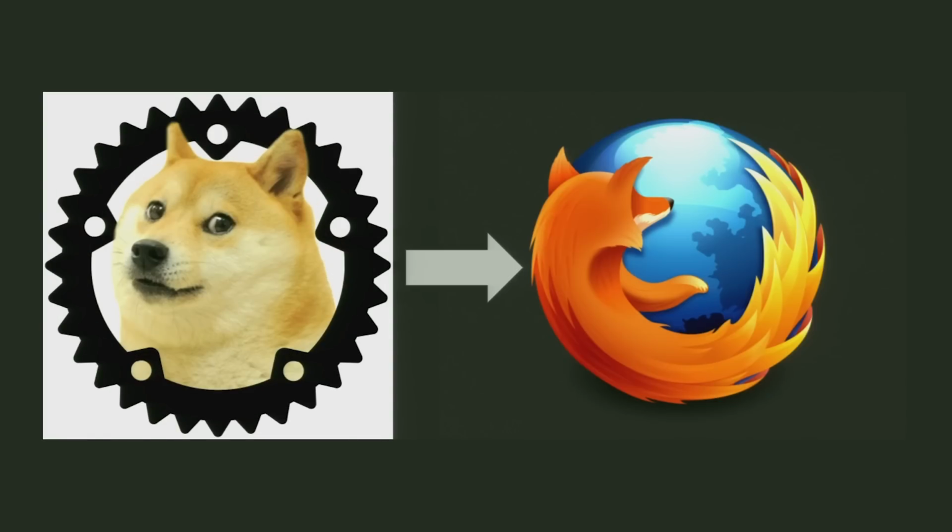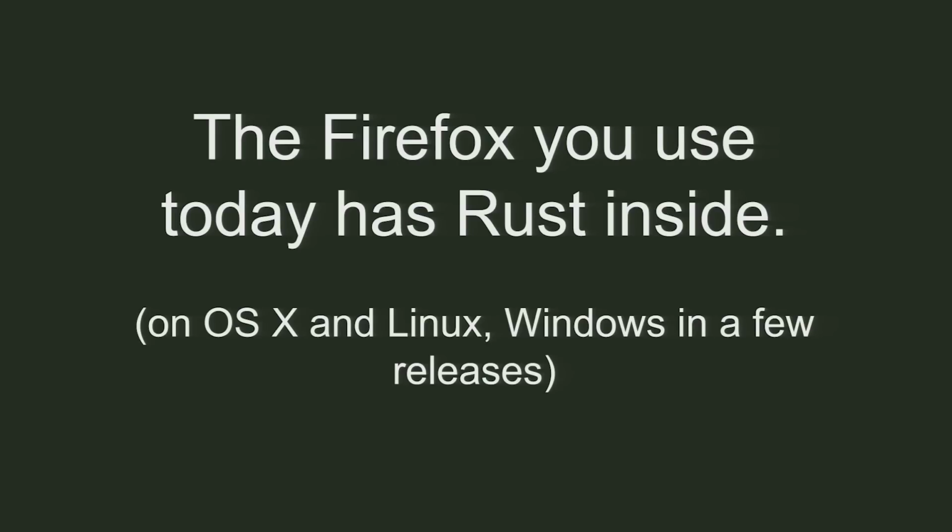And as I mentioned a minute ago, we're basically moving components from Servo into Firefox. So if you download Firefox today from firefox.com, if you're on OS X or Linux, there is some Rust code in there already. A very, very tiny amount of Rust code, but it's there. Yes, that's actually the hardest part. Imagine what the Firefox build system looks like. Now imagine introducing a new programming language into that build system. It took a while.